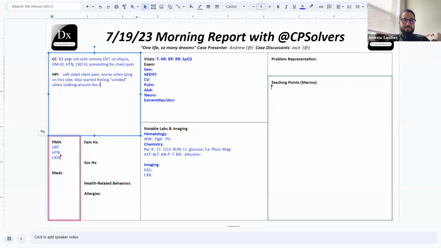And what tipped her over the edge to come to the hospital was that she woke up feeling acutely short of breath at like 4 in the morning, and she felt like she couldn't keep up with that breathing. So she decided to come to the hospital. I think it's a good first stopping point.